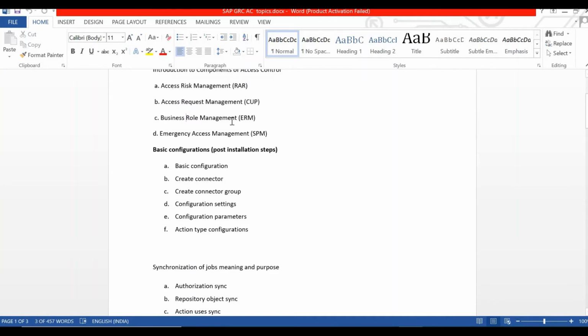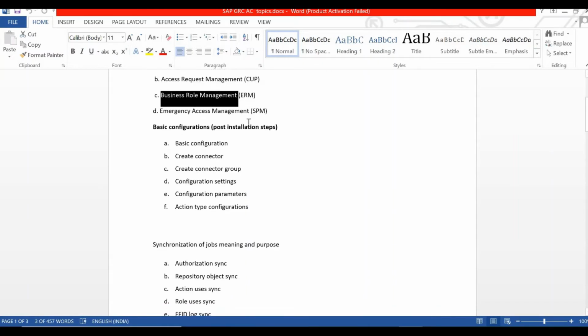Here a different methodology is there for different role creation, a different process we have to follow. The approval process is followed, and risk has to be checked. All this configuration we do in the business role management. So our role is always a risk-free role. How we design this, that we are learning in the BRM module.